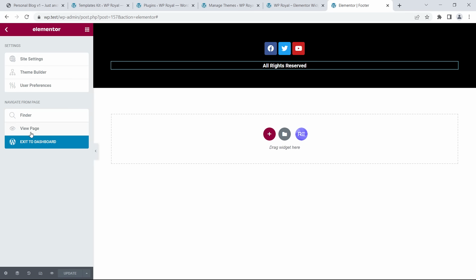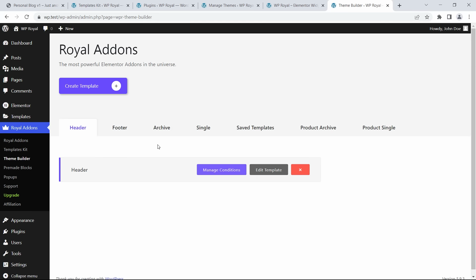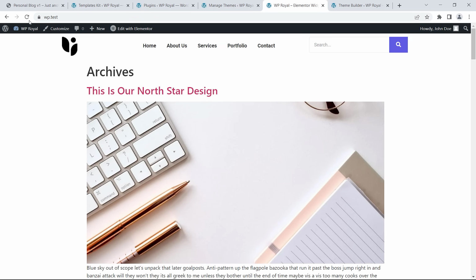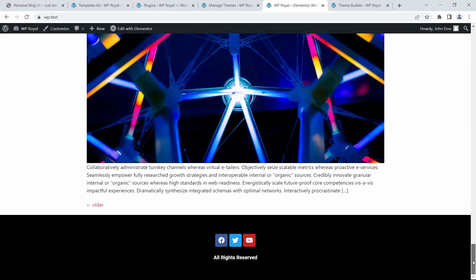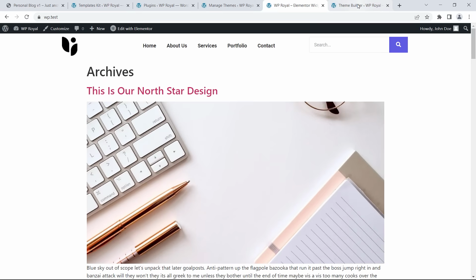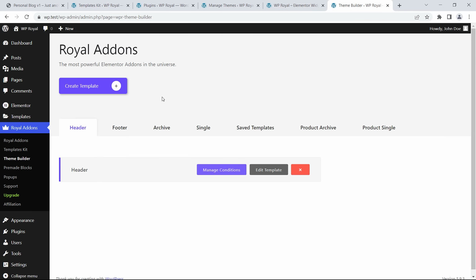Go back to the dashboard. Let's check the page. First refresh it, of course. Scroll to the bottom and here it is, our very simple footer. That's how easy it is to add some header and footer to your website by using Royal Addons plugin. After header and footer, it's time to create an archive templates for things like posts, categories, search